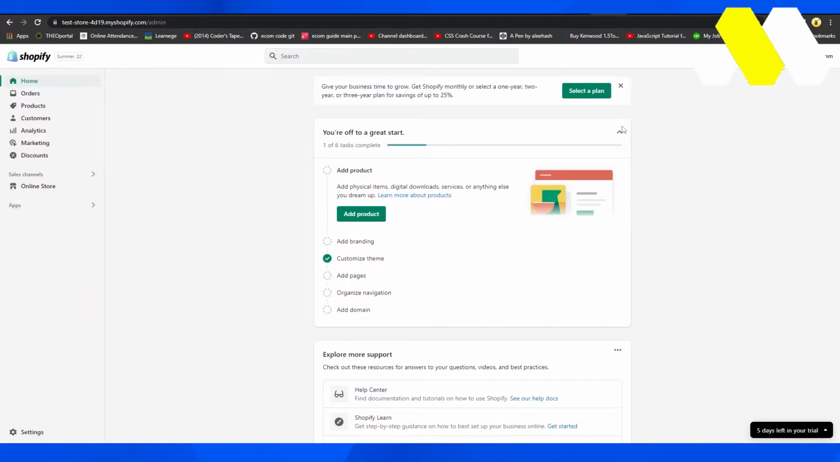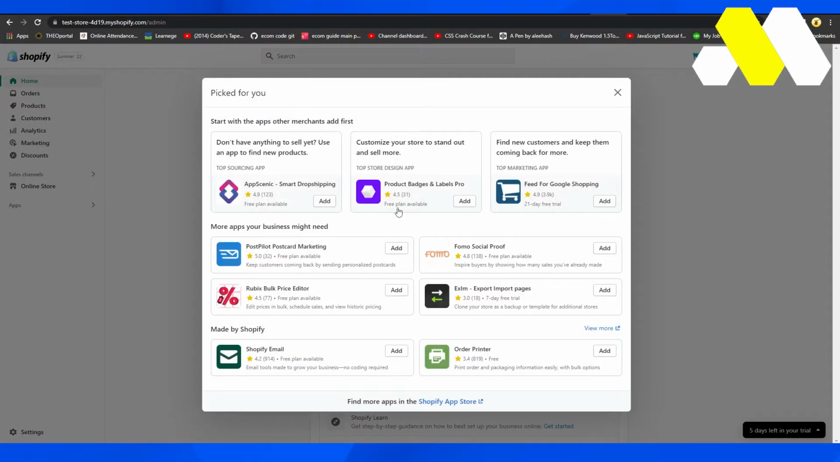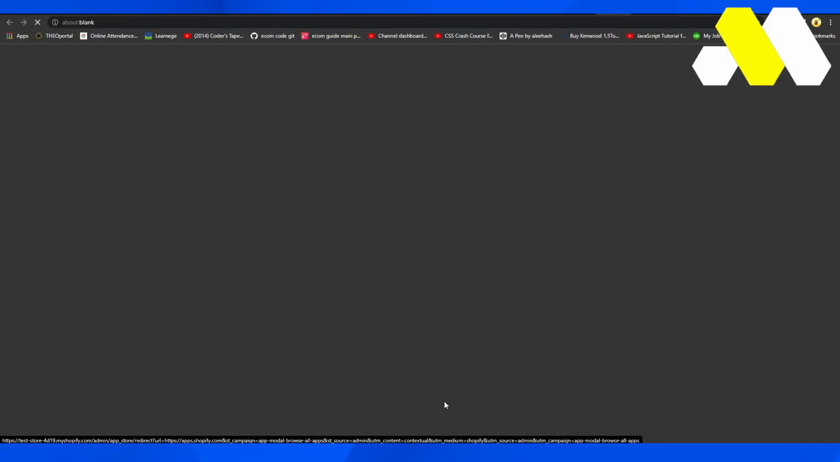So once you have signed up or logged in, you are going to see this particular page. From over here, simply click on the left side where you see the Apps button. After that, simply click on Recommended Applications. And now from over here, click on Shopify App Store. As soon as you click on Shopify App Store, that's going to take you over to their